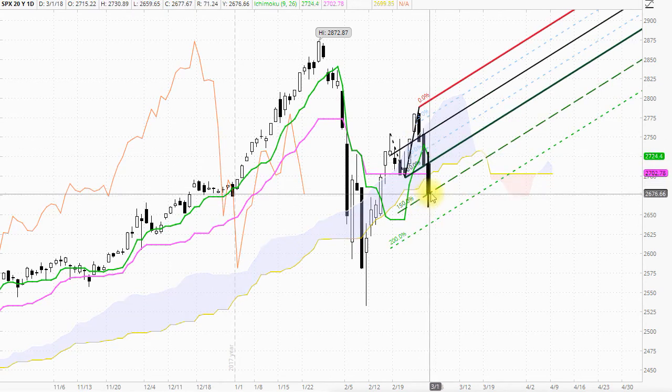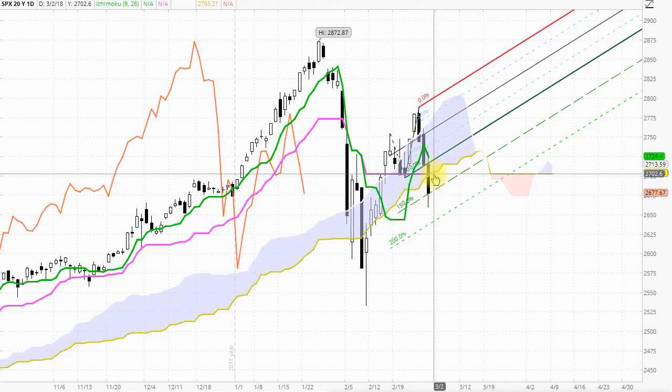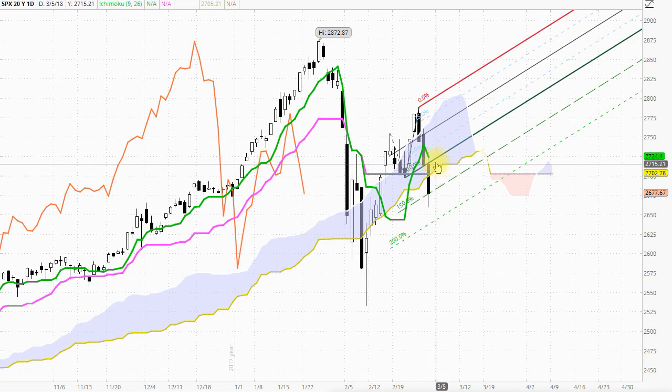But importantly, the market at that first warning level saw some rejection and lack of acceptance at levels below there, with the market closing just around there. So some support coming in around that region. So it does suggest there is a possibility of a bounce, and obviously just bearing in mind potential areas of resistance, but also if the market does move through the top of the cloud over the next day or two,